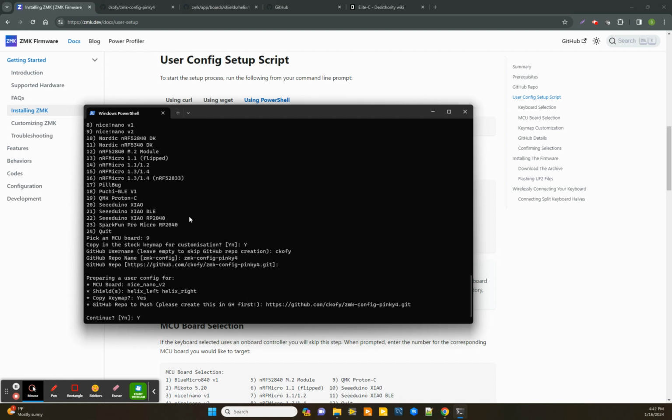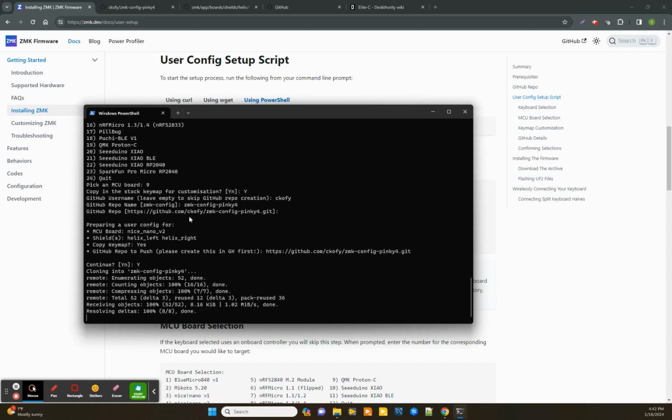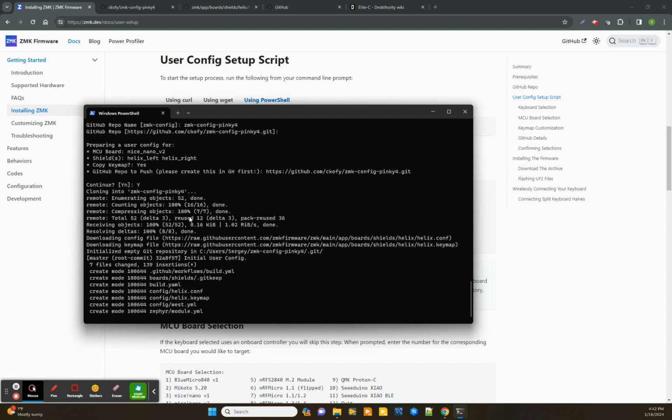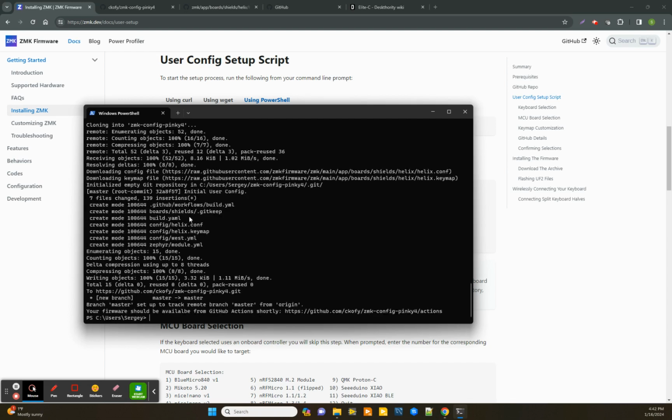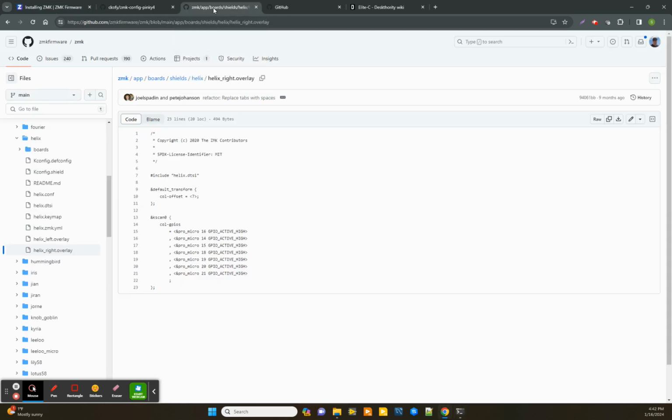Continue. Okay, and it is created. It may also ask you to authorize access to your GitHub, but because I did that already, it didn't ask me. So now if we go back to